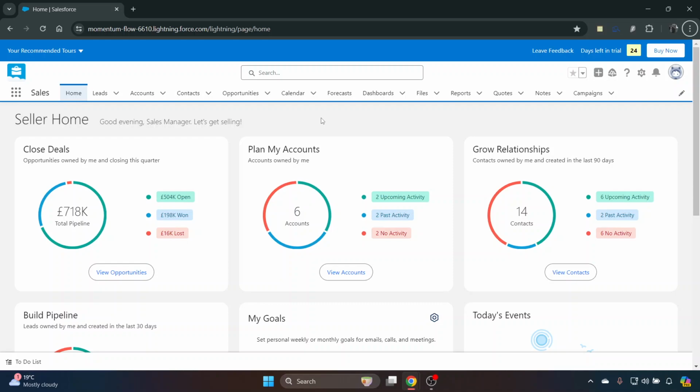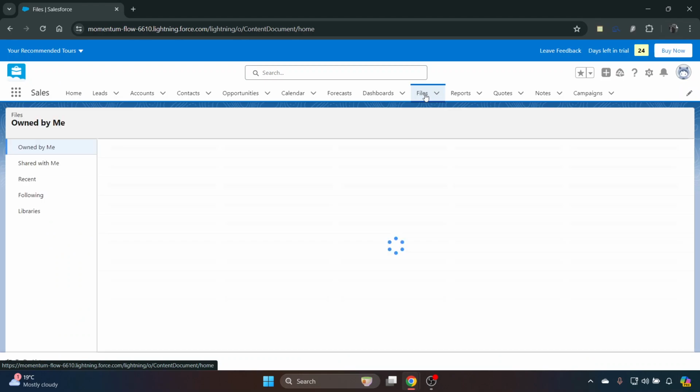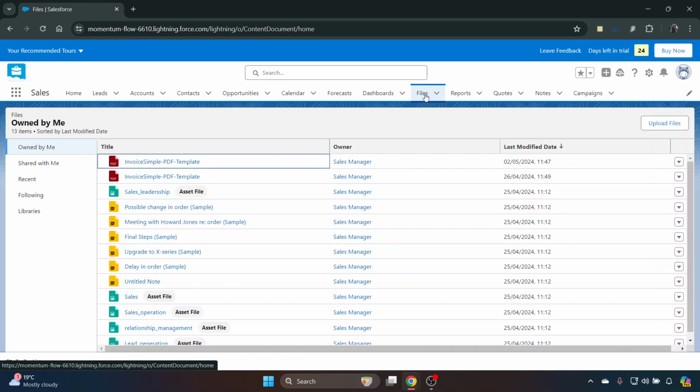Okay, what we're going to do now is open a PDF in Salesforce and also show you how to make notes in Salesforce. So if you've got a PDF already downloaded, then it will be in your Files tab. So from the home page, search for Files and click on that. Now all you need to do, if you can see the actual PDF you've already got, then you can just